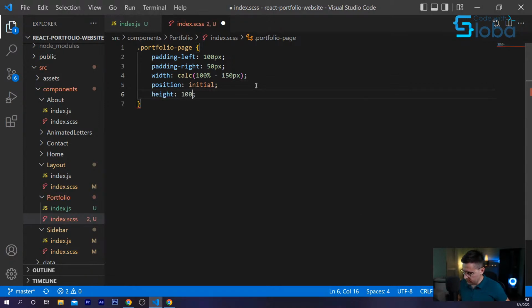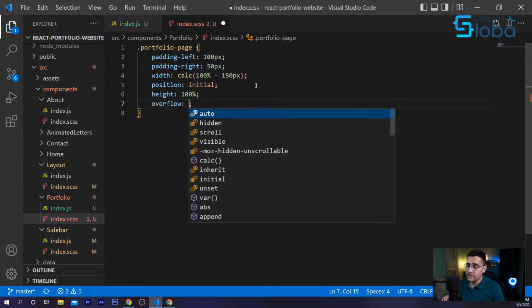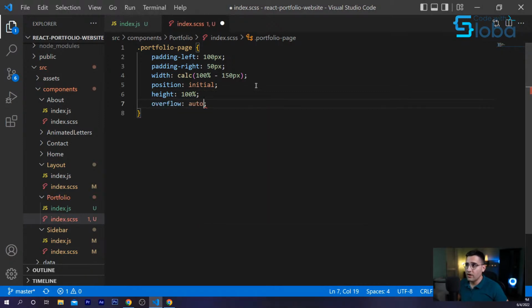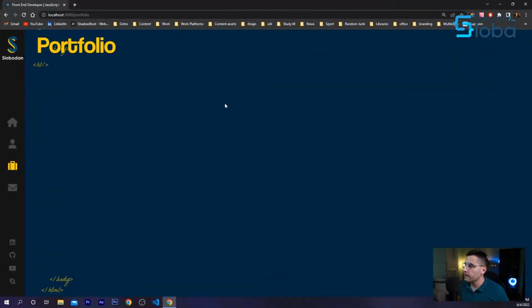For height, use 100% and use the overflow, because again, on the other pages we don't have scroll bars. Everything is contained inside of the pages themselves. And here we can have hundreds of portfolios, so we want to overflow and add that scroll.